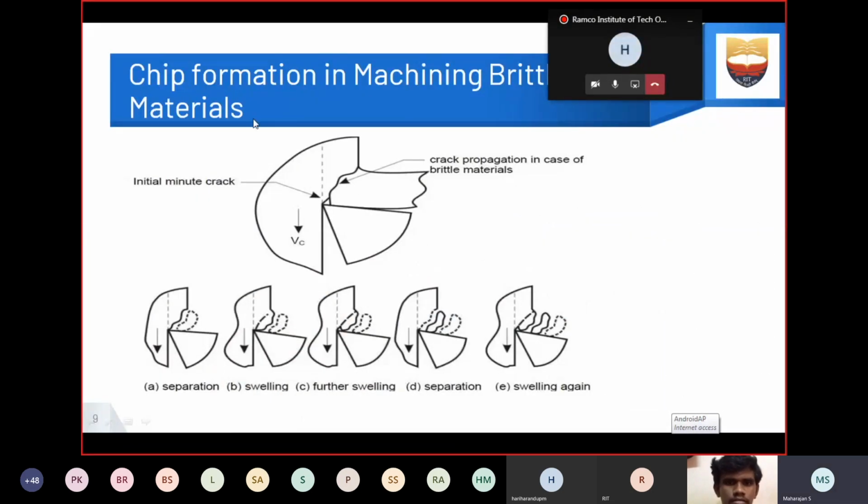So this is called a brittle material. Chip formation in machining brittle material: ductile fracture, this is a brittle fracture. In ductile material, before we go for plastic deformation of the material. Here, in the brittle material, brittle fracture. Due to the force acting at the edge, there will be crack initiation. The crack initiation gets propagated along the weak path area. So the crack initiation and propagation is called brittle fracture, which happens in brittle material when we go for machining the component. So these are some of the steps in chip formation in brittle material.